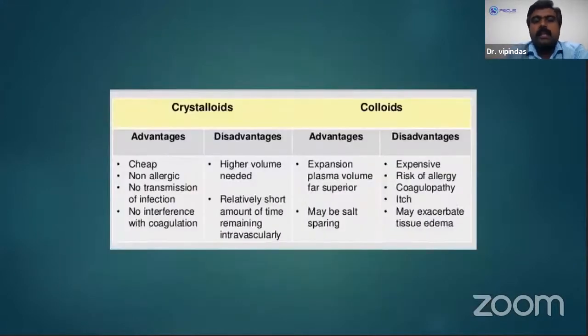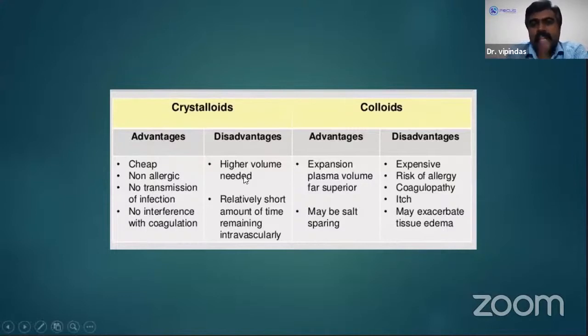And so what are the advantages and disadvantages? In crystalloids, they are cheap, non-allergic, and there is no transmission of infection. That is very important. So what is the example for crystalloid? That is normal saline. Through normal saline, there is no transmission of infection, and there is no interference with the coagulation also. That is very important. But